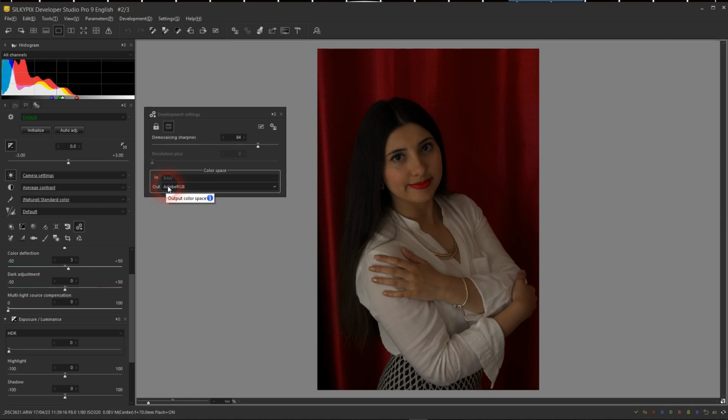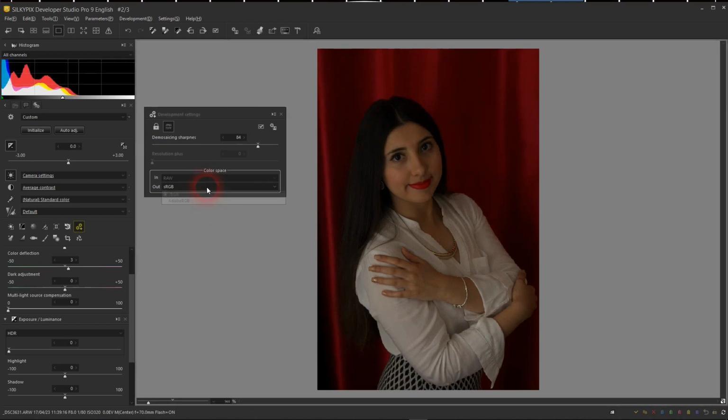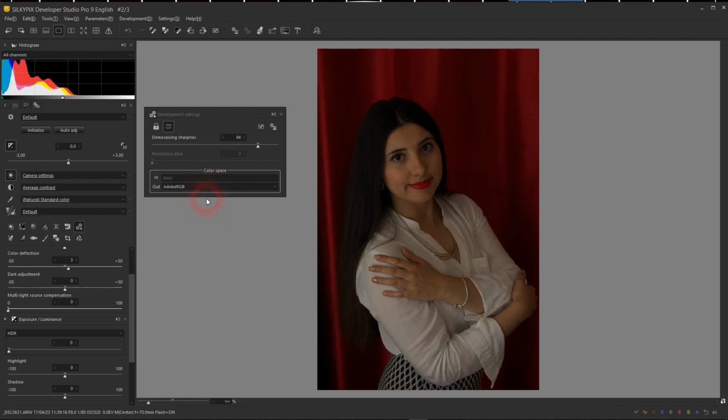Placing the cursor over the profile name and clicking opens a small menu created by the software with the profiles of color spaces. The better way to choose them is to perceive them through the histogram. Alternating between them, there's a slight change that occurs due to one being bigger than the other. The RGB profile will make us edit with the smallest space, while using the Adobe, the bigger.